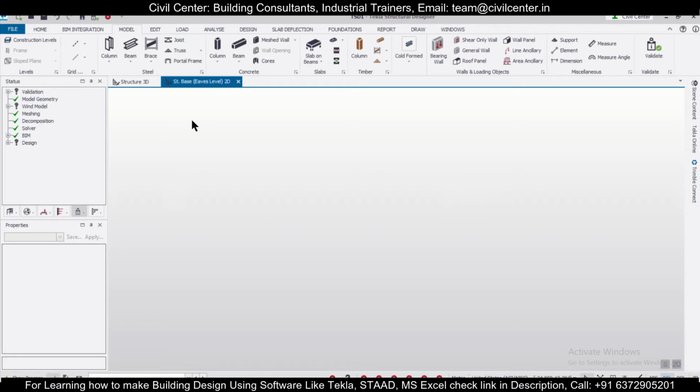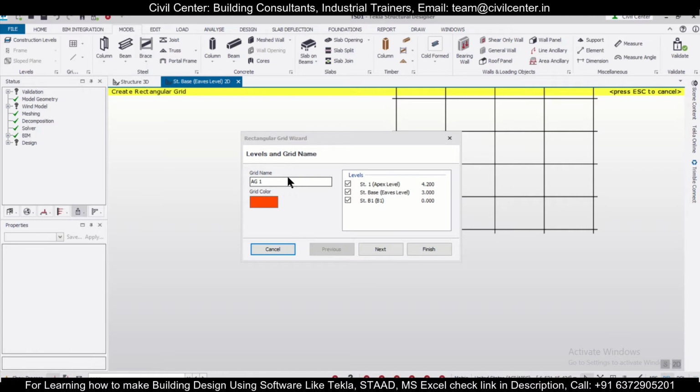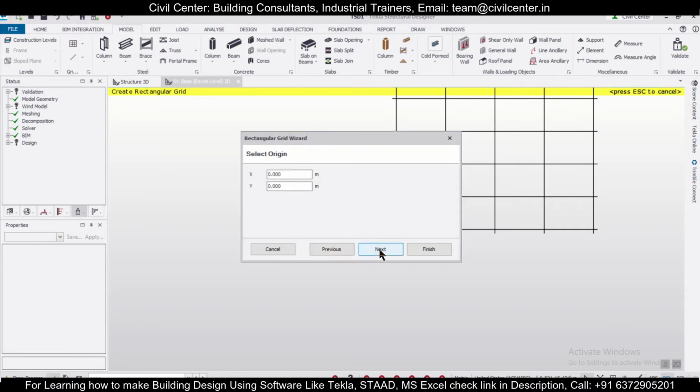So grid lines, you can import the grid lines if you have any from the CAD file in the form of a DXF, or else we can create the grid lines just for showing you. Let's take the help of the rectangular wizard, and we can name the grids everywhere in every level. So this is the origin, and